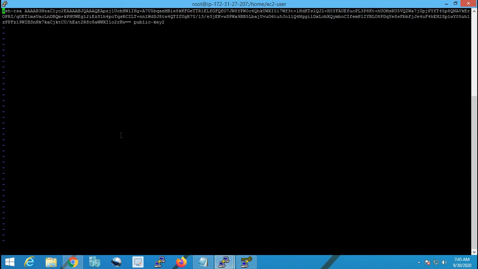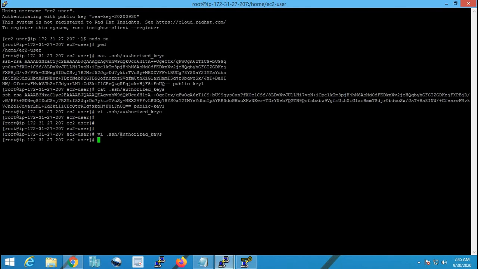Now there is only one key. Which is that key? Public key 2. So I'll say escape, :wq!, and now my keys are stored. But remember that we have deleted the old key which is present in the AWS key pair.